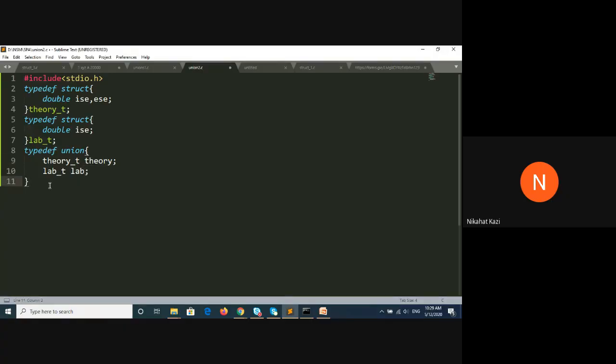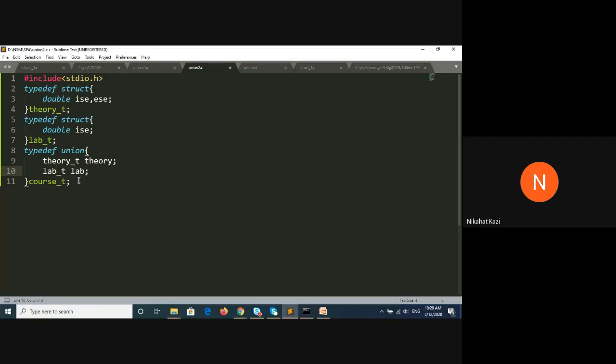What I've done is in this union, let me call this union course. In this union or course type, course T, fine. In this union, I have included structure types as components. The first component is a theory structure, a variable of type theory T. And the second component is a variable of type lab T. So at a time, a course can be either a lab course or a theory course.